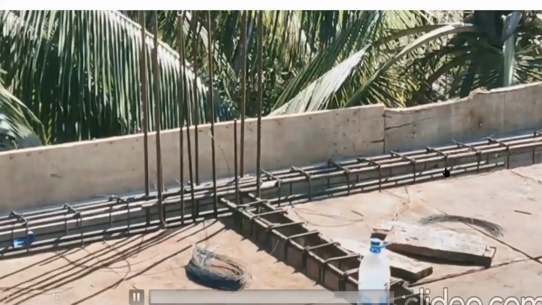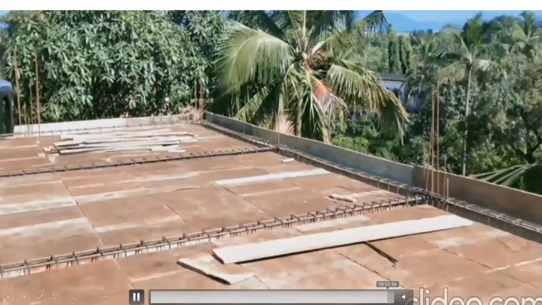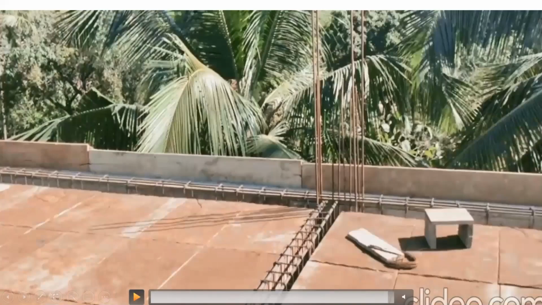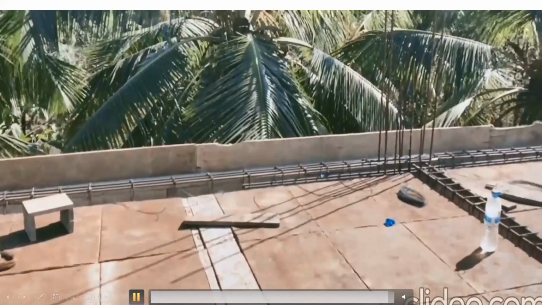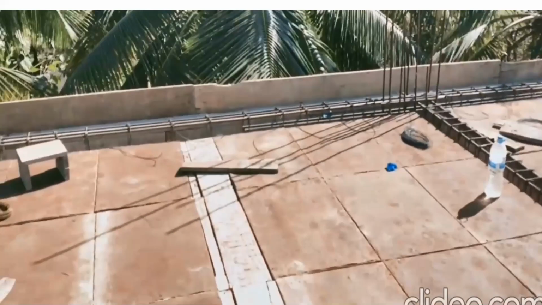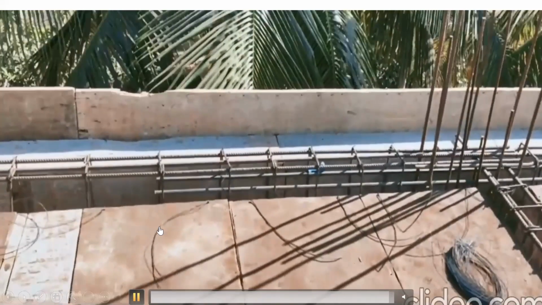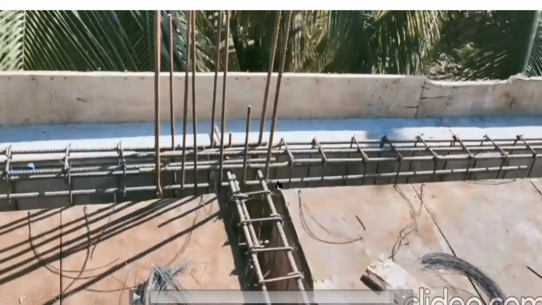Again, this here, it is 3 feet. You can see that this is 5 feet and this distance is 3 feet. This distance from here to here, the end of the bar, is 3 feet.